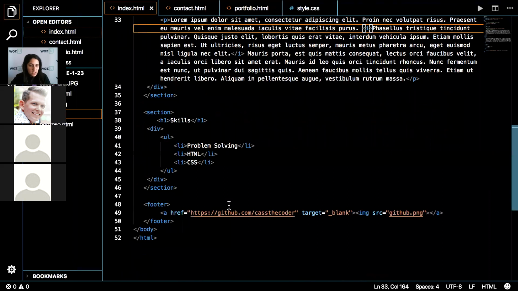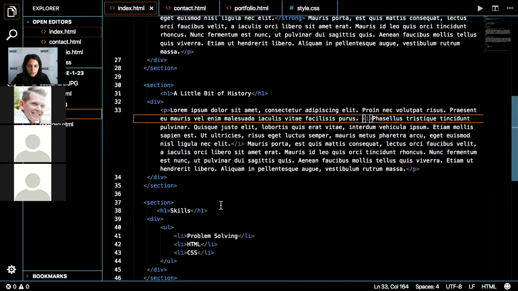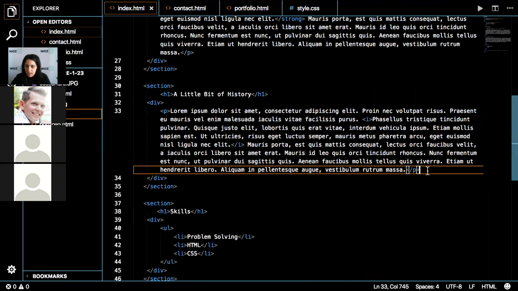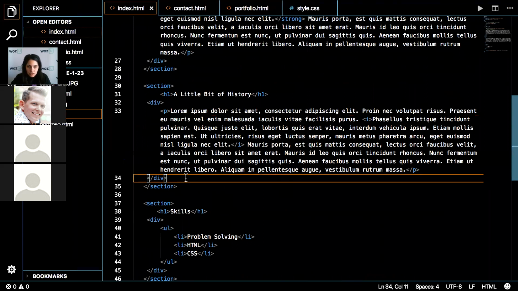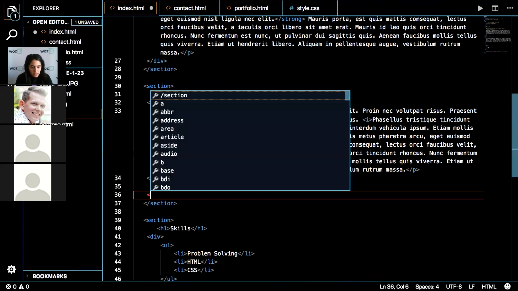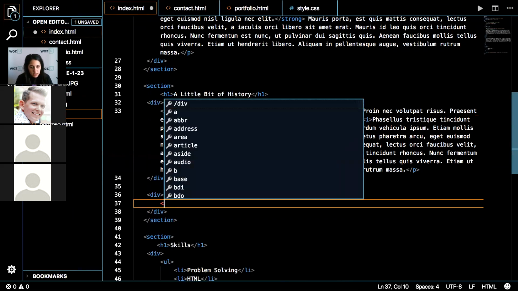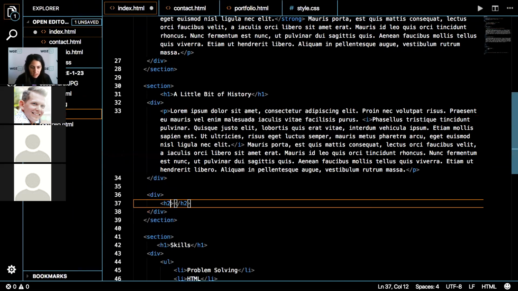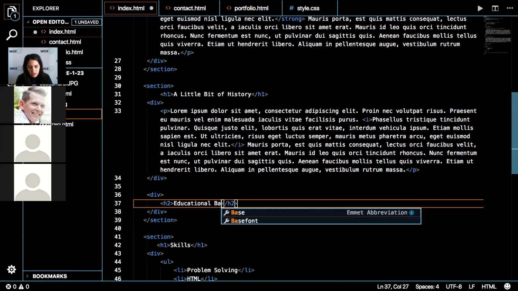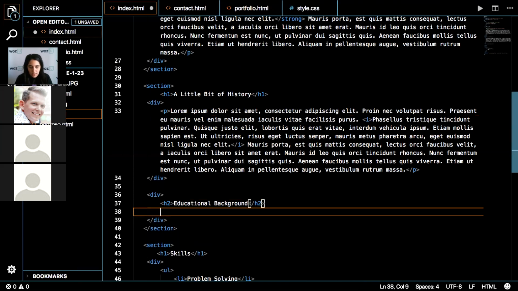So let's say I'm going to have another div here, and I'm going to put in an H2 element and say educational background. And then I'm going to go ahead and make a table.